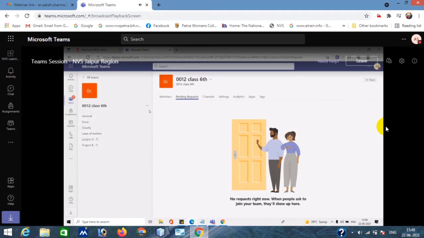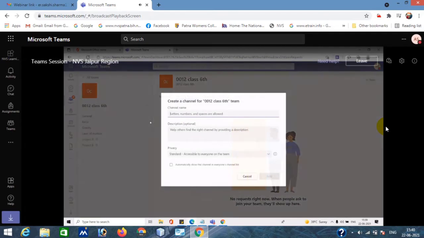Next is about channels. Here you can click on add channels. A channel means dividing the class subject-wise. Let's suppose this is a science class and you want to create channels to divide the class. You can click on add channel and write down the channel name.